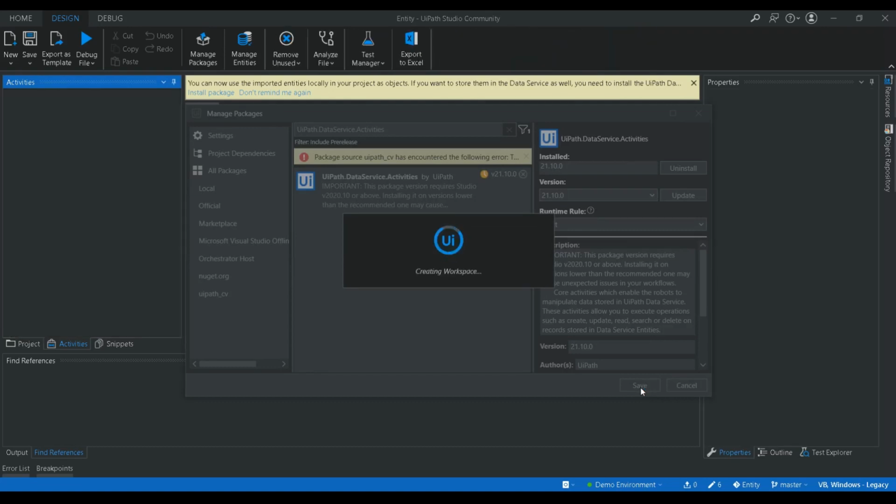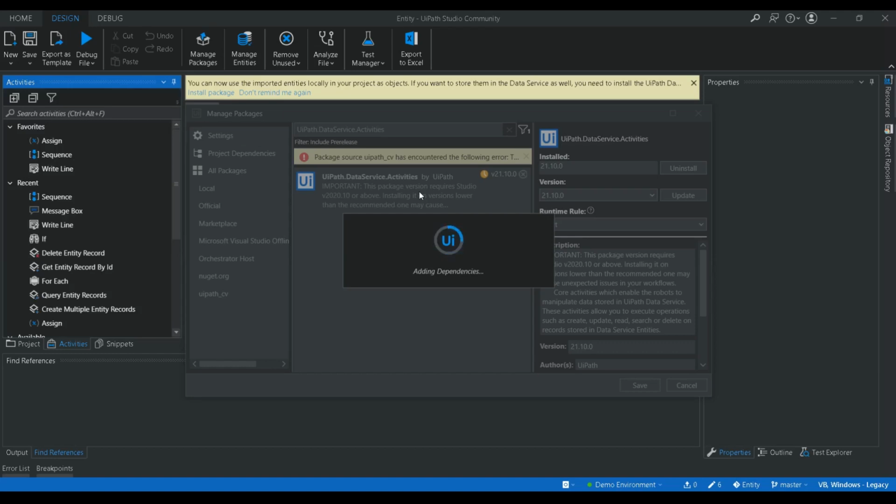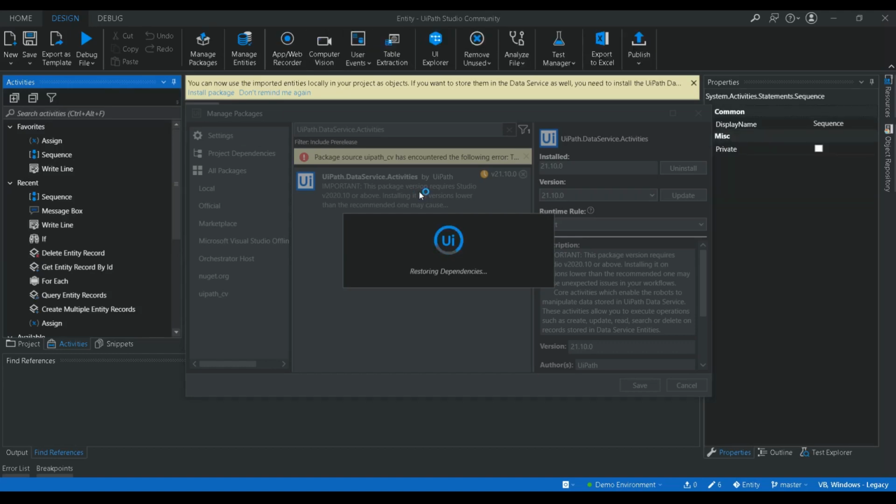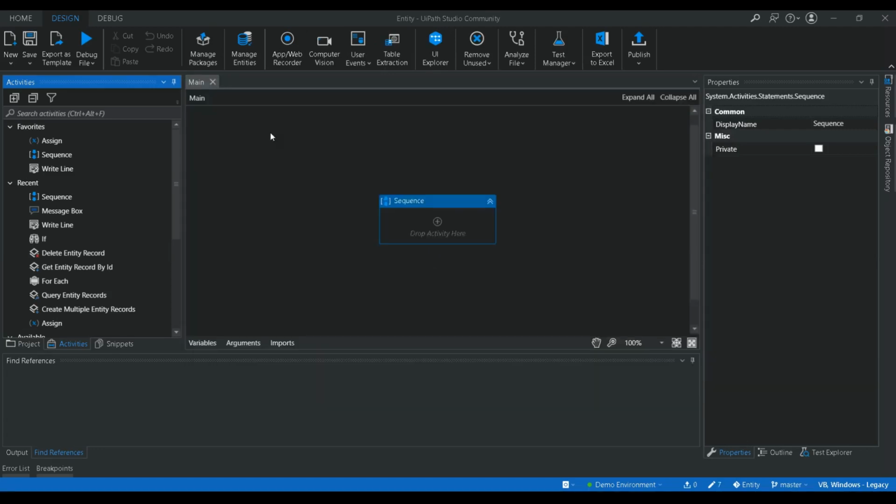It is now installing all the activities and dependencies related to the particular package. Okay, the data service package installation is completed.